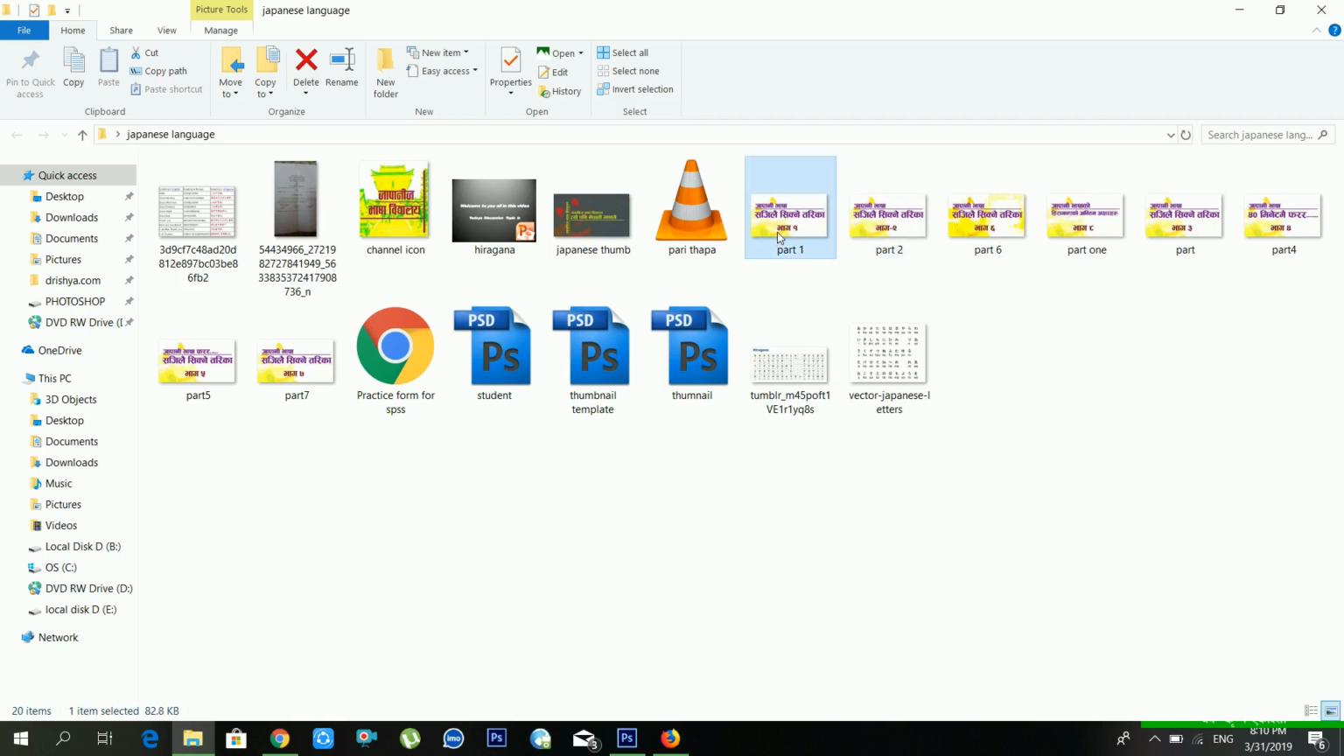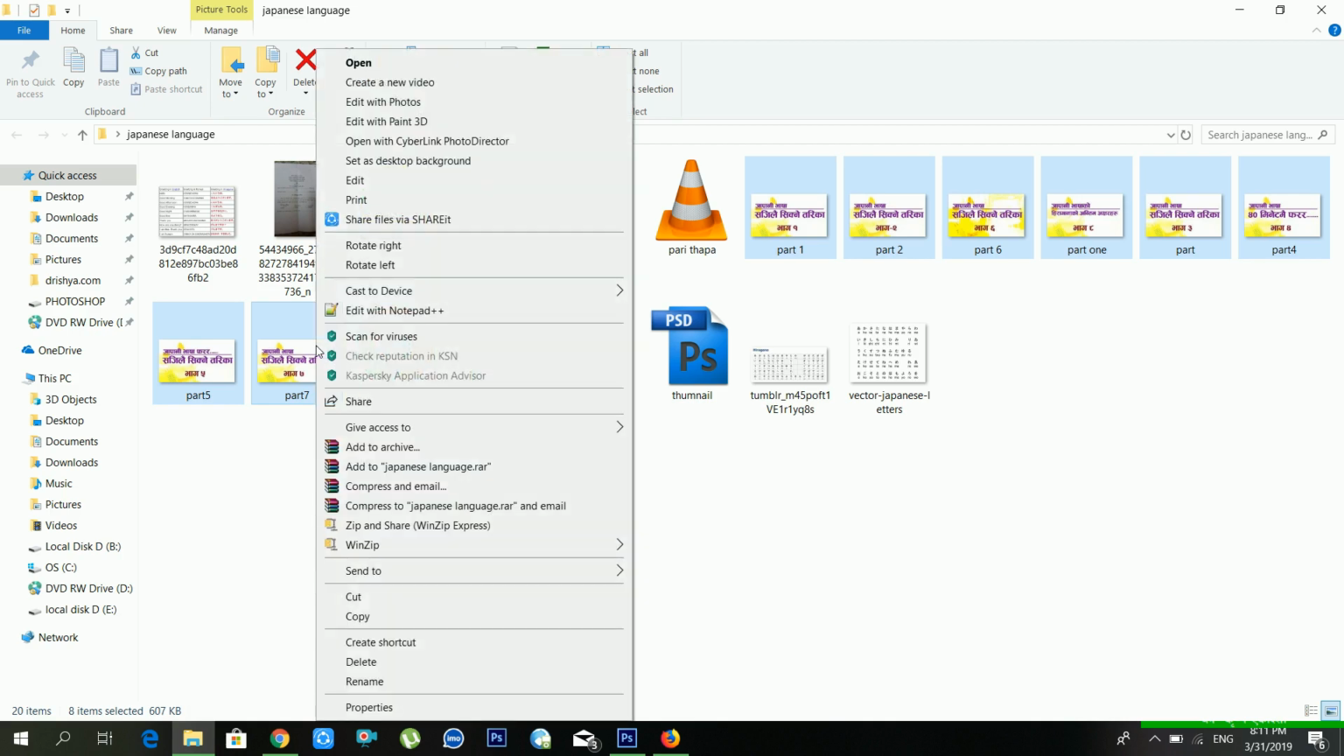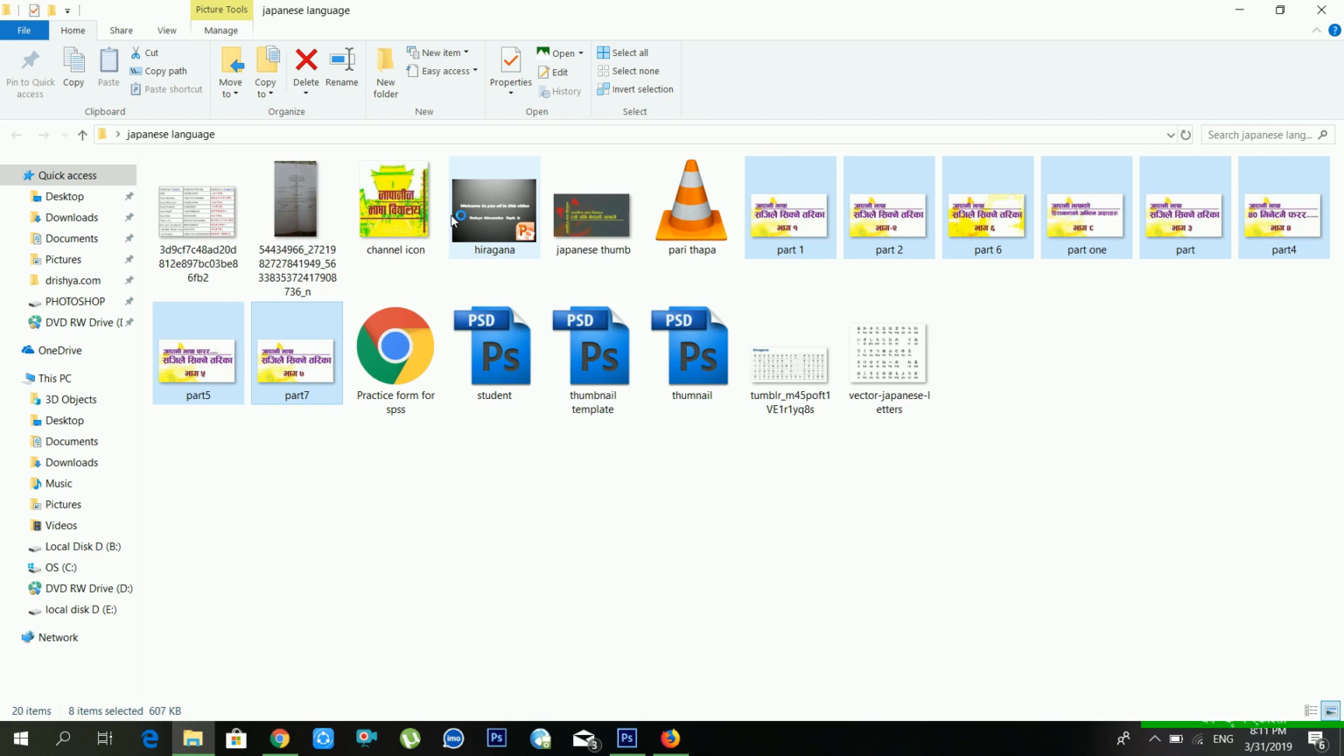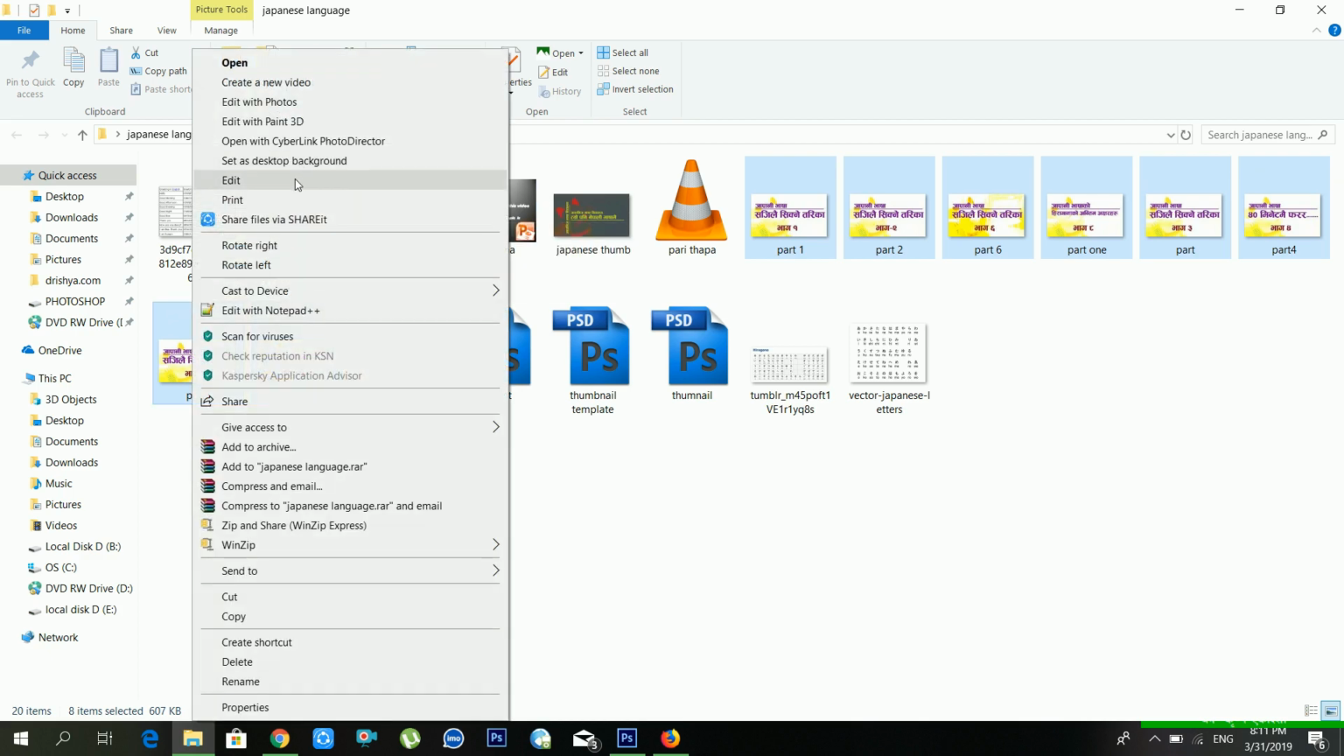If you want to convert all these JPG files into a PDF file, first of all you have to select all the files by pressing Shift. After this you have to right click, then just go to Print. Okay, just wait for a moment, I made a mistake. Just right click, then go to Print,